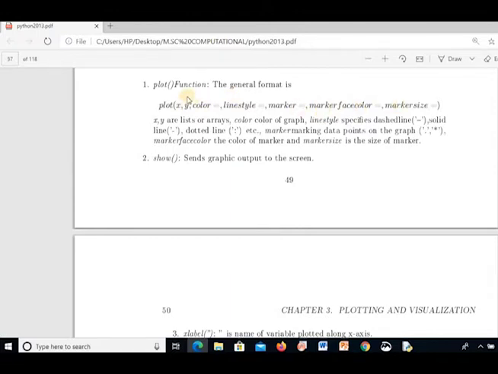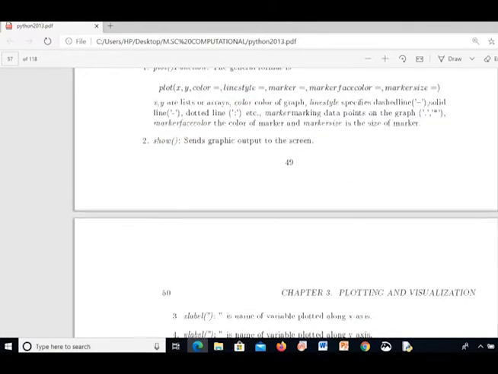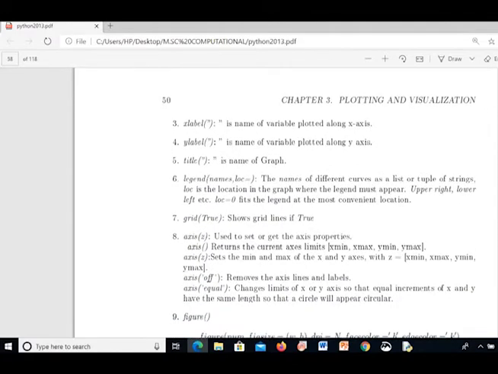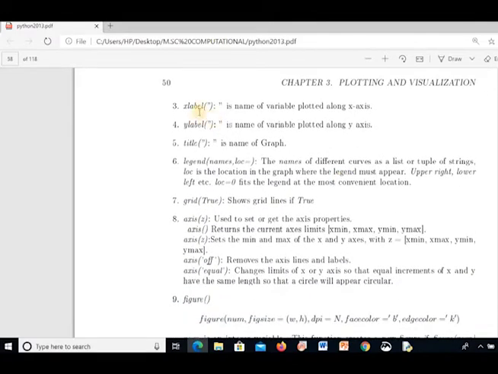To show everything plotted on the screen, we have to use the function show with empty parentheses. If there is no show in your program, nothing can be seen in the output window. When we are plotting, we always have an x-axis and we label it, so we write xlabel, for example position, within the quotes. Similarly, ylabel I can put within the quotes, say time, and title, for example position-time graph or phase space plot. Legend means what is plotted.